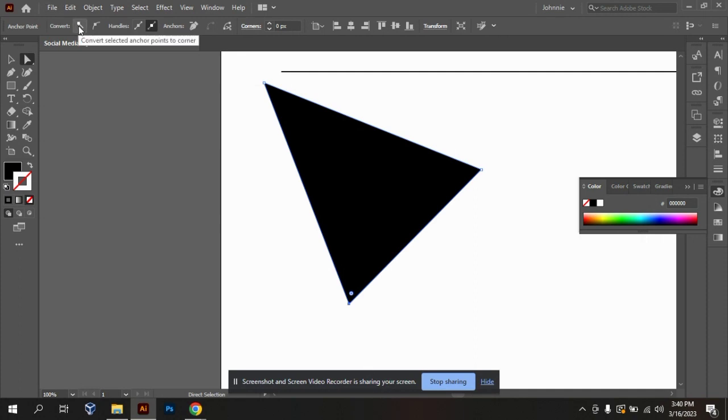Okay, convert selected anchor point to what? To corner. So if I want to, this is my selected anchor point now. So if I want to convert this area now to corner, I can easily click on this. Okay, so when I click on this,